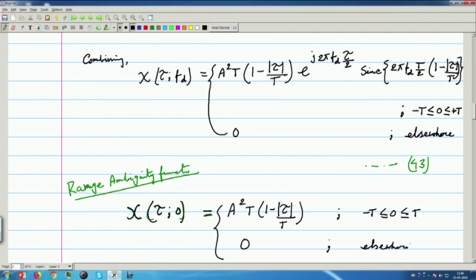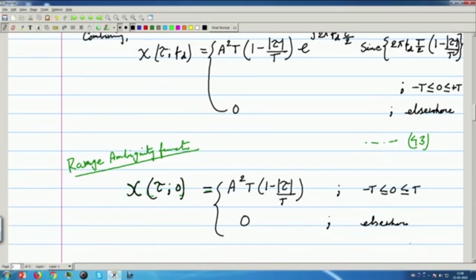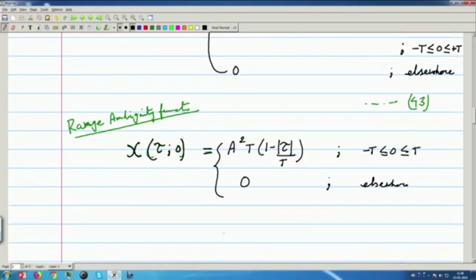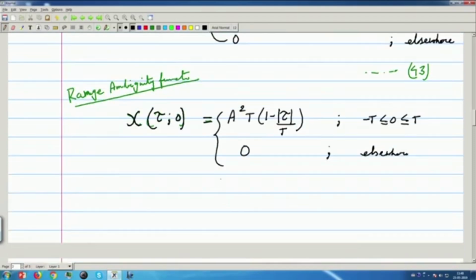So, this is the range ambiguity function, and if I draw it,